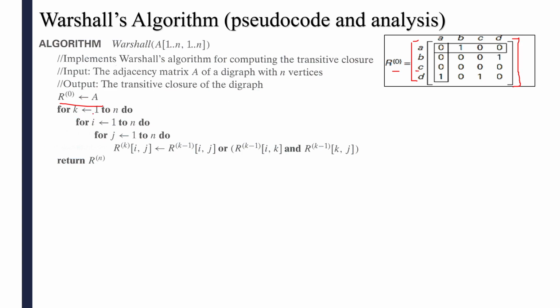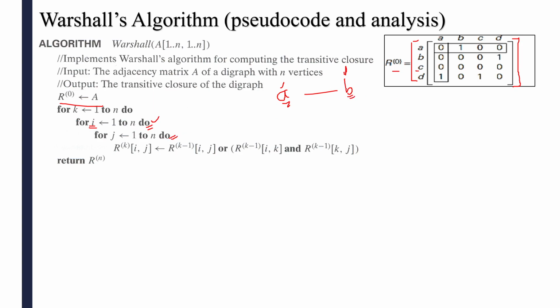Next, for k equal to 1 to n, and for i equal to 1 to n, and for j equal to 1 to n here. This is your source vertex. i indicates your source vertex. Source means what? For example, A is your source here, and now I want to get the path from A to B here. Then A is the source, and B is the destination. Now here, to consider A, you are using i, and to consider B, you are using